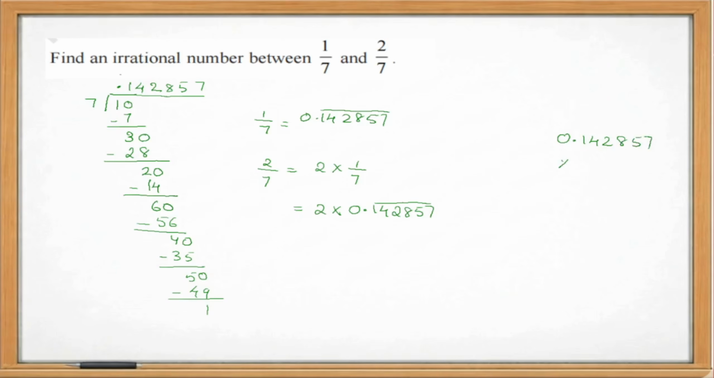0.142857 into 2, and this whole bar is there. Then 2 into 7, that is 14. 2 5s are 10, then plus 1, 11. Then 2 8s are 16, 17. 2 2s are 4, plus 1, 5. Then 2 4s are 8, 2 1s are 2, point, and this 2 into 0, 0. You get the answer as